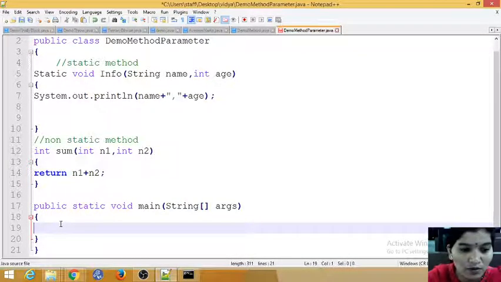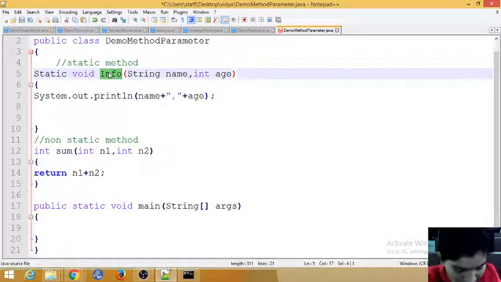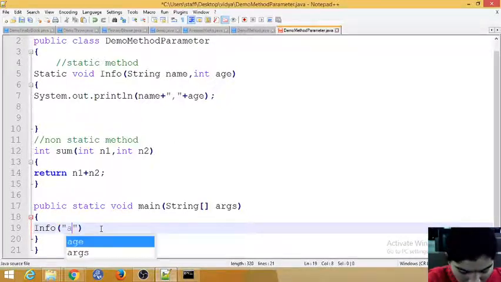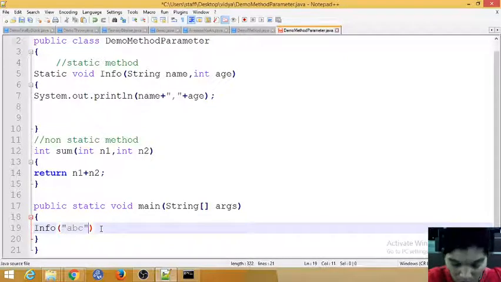Now do I need to create an object or not? Two methods I have, one static and one non-static. I can call the static method directly by the method name, so no need of creating an object. info, I am passing the name in double quotes, ABC, comma, the age 18, with a semicolon.